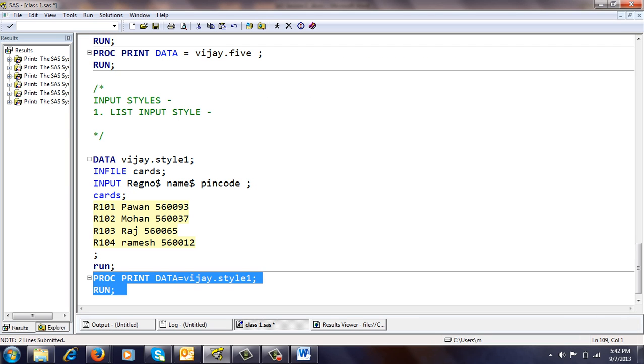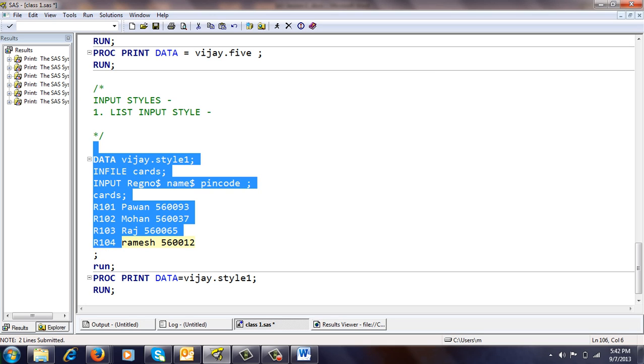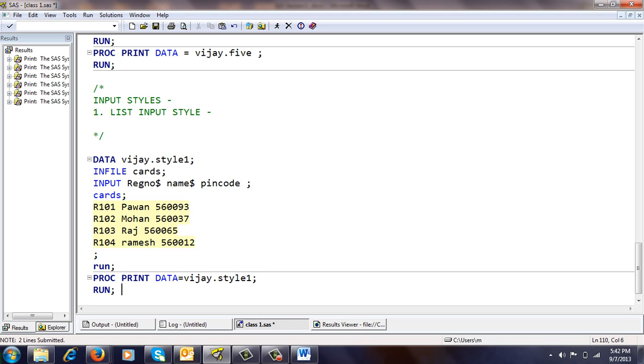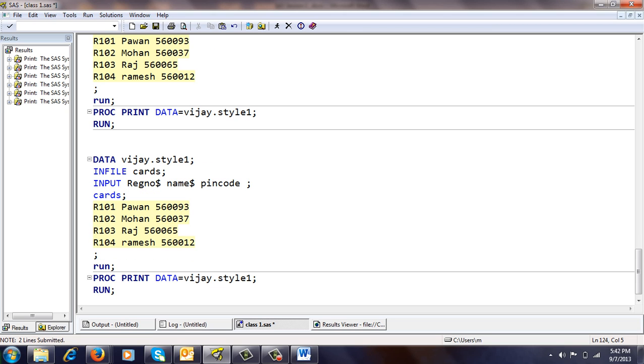Now suppose we have multiple, or I can say unequal, spaces given to us. Will SAS read this? Here I am giving an unusual number of spaces, at unequal positions, and the data set name is 1A. Will SAS take care of these extra spaces or not?